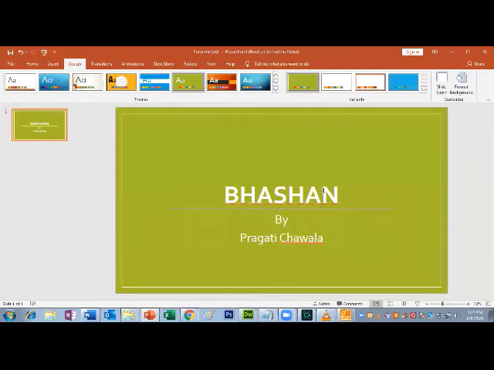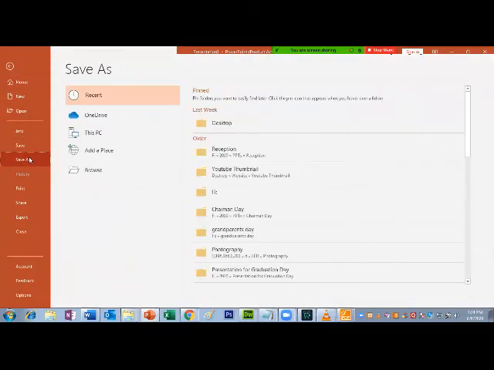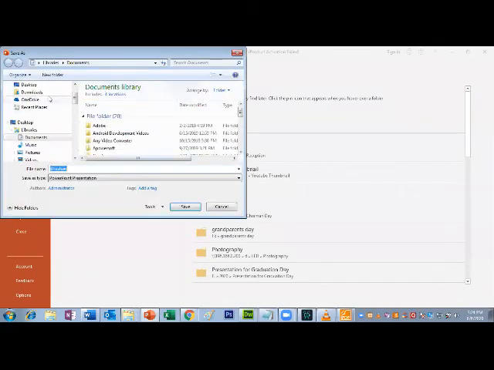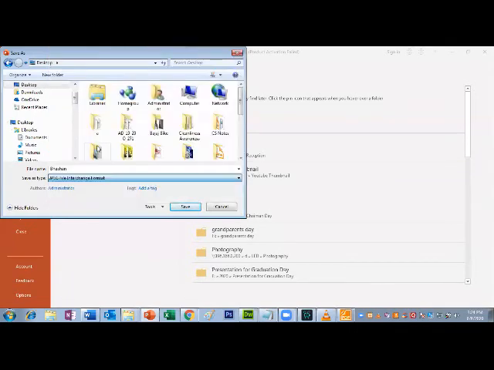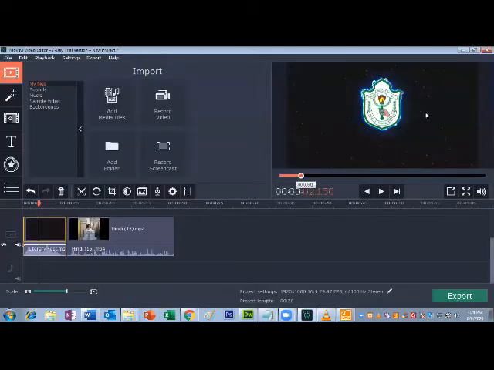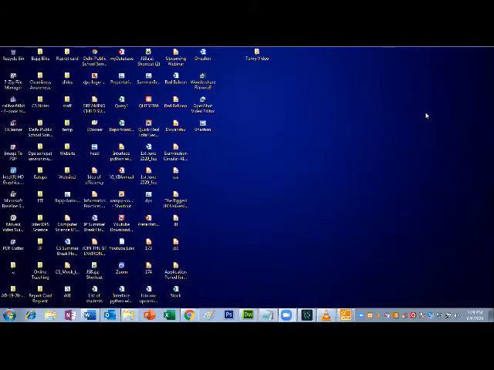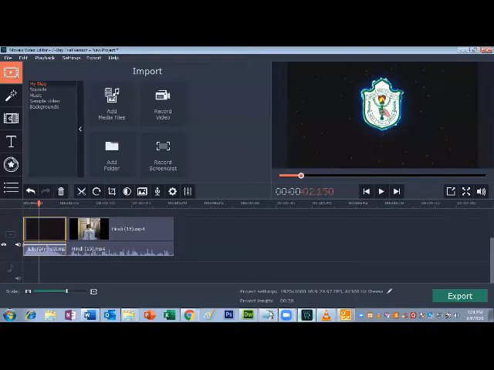It is up to you in what manner you are going to design it, and then simply save as a JPG. Go to save as, browse the location, simply desktop, and select JPG format, which means image format. Now the same PowerPoint slide we have saved in the form of JPG on the desktop. You can see it is ready. So this is one simplest way of inserting titles.